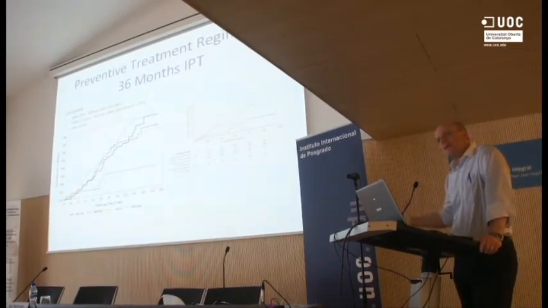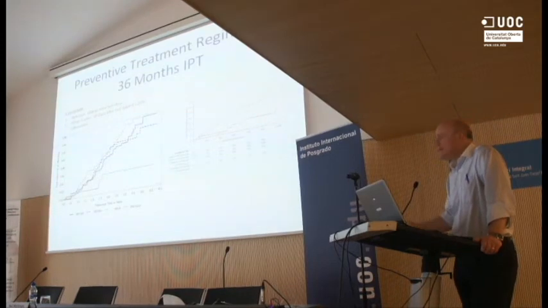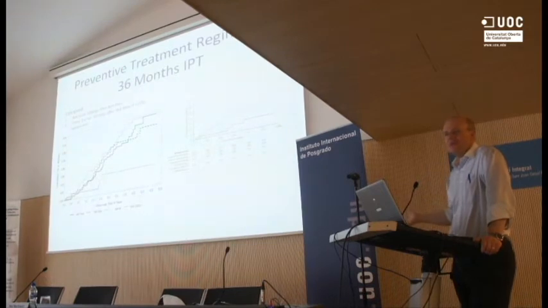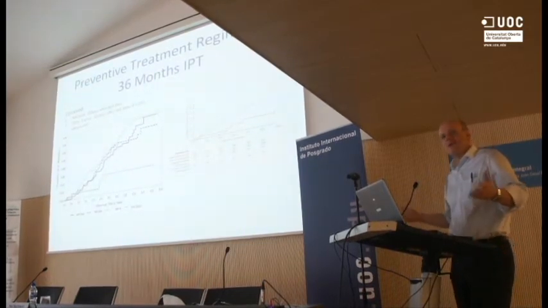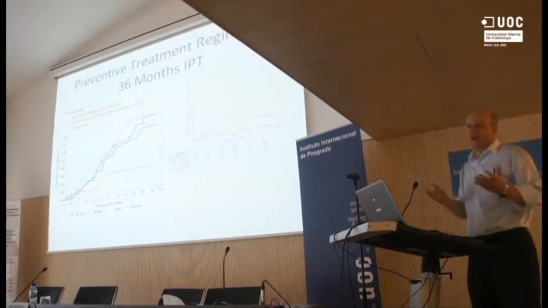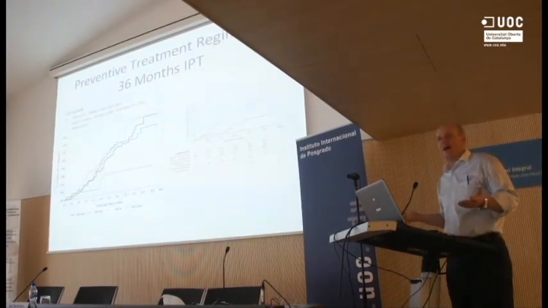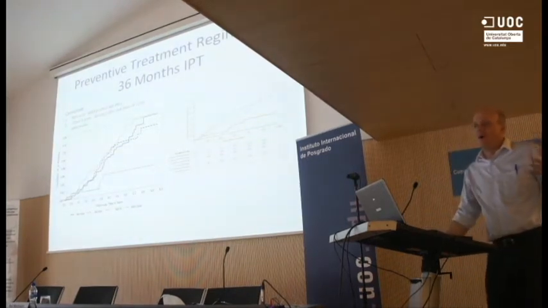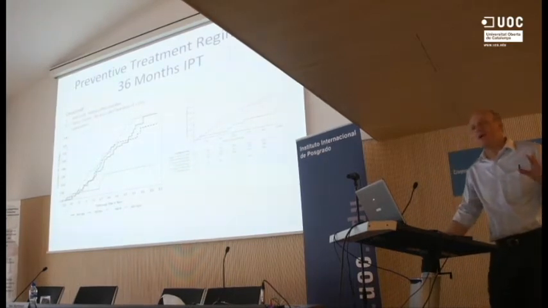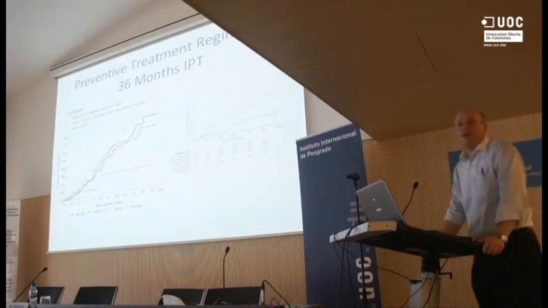Interestingly, another study was done in miners by Gavin Churchyard from the Aurum Institute, where he showed that if you give mass isoniazid preventive treatment, it appeared to have no beneficial effect on miners. Miners in South Africa, particularly gold miners, are another one of these slightly weird populations. For South Africa as a whole, the annual TB incidence is approximately 1,000 per 100,000. In gold miners, it's about 4,000 per 100,000. So about 4% of gold miners are getting TB every year. I mean, it's incredible rates.